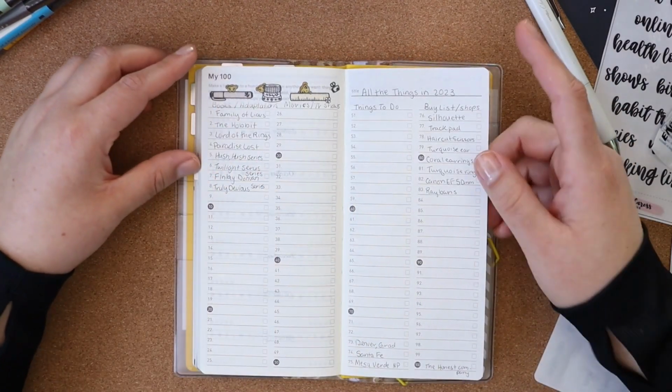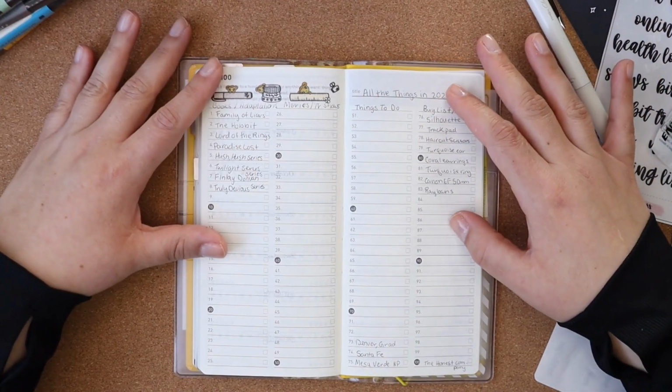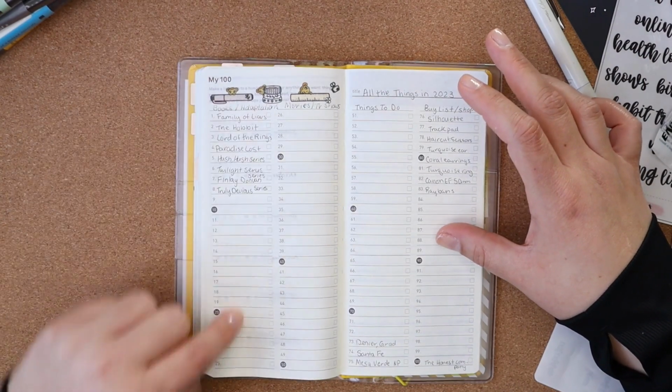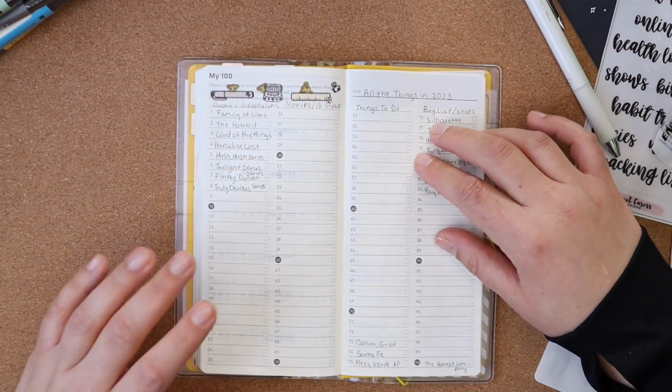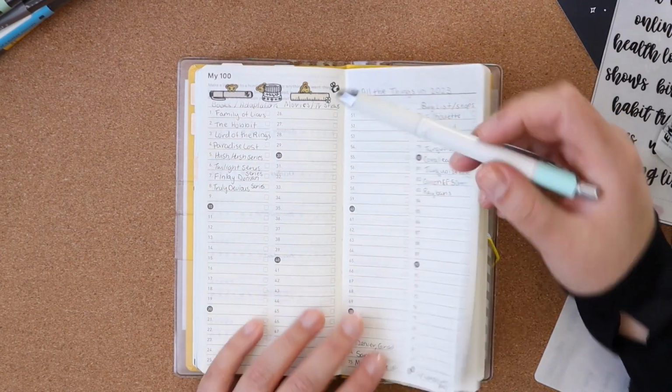This page is so cool, my 100s page, right? But I didn't even fill out mine. I forgot all about it and I never used it. So I thought maybe if I pre-write things down and check them off, that would work better than putting down my 100 favorite things of the year. So I have